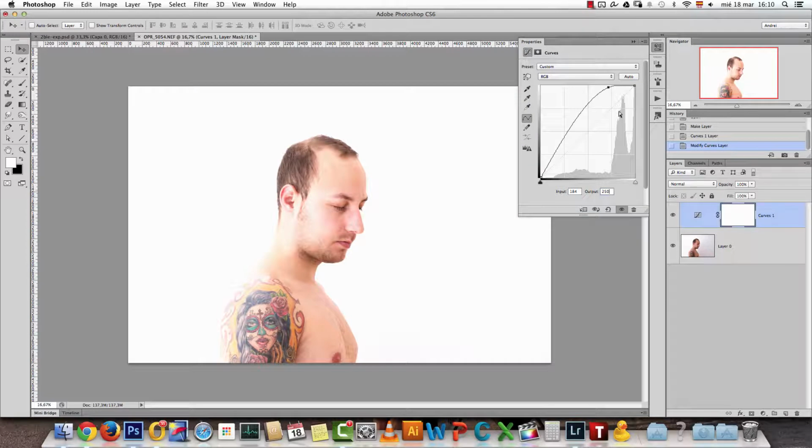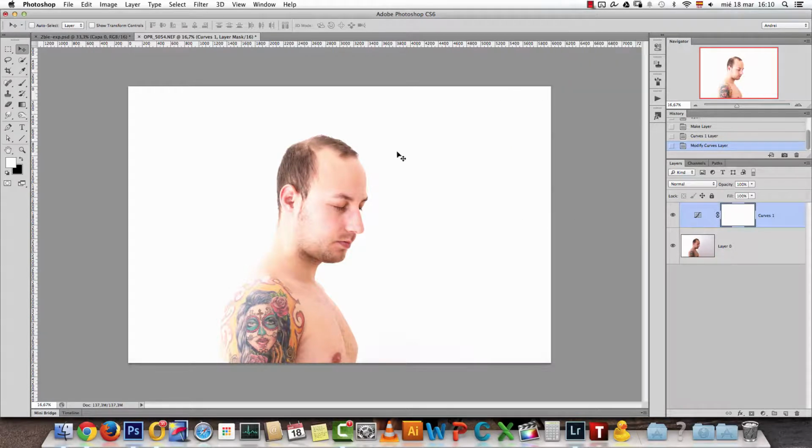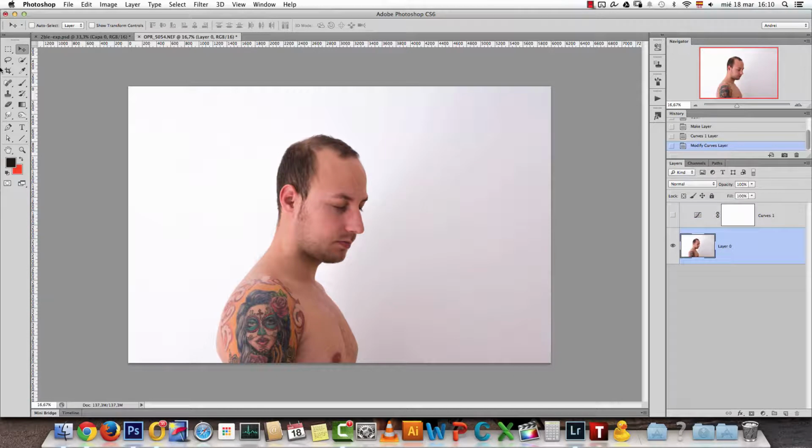You can see it's too bright, and I just want to make the background white, not myself. So what I will do is use this layer mask. First I'll select the layer, choose the quick selection tool, increase the brush size a bit, and just select myself like that.